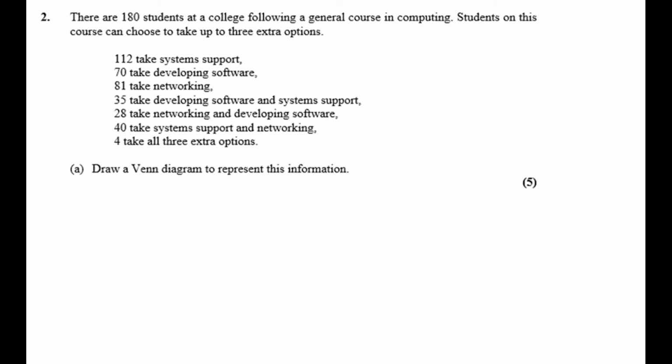On to the next question. There are 180 students at a college following a general course in computing. Students on this course can choose to take up to 3 extra options. So various different combinations here and the counts for each of them, and we're asked to draw a Venn diagram